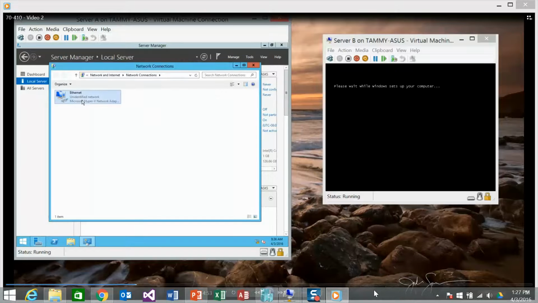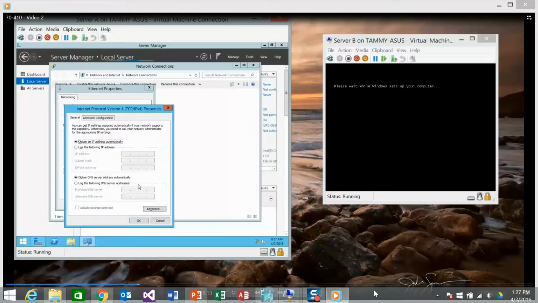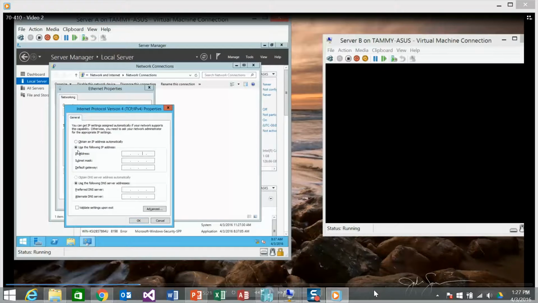Right click, properties, IPv4, properties, use the following IP address, and we're going to use 10, make sure your numlock is on, 10, 0, 0, 1,